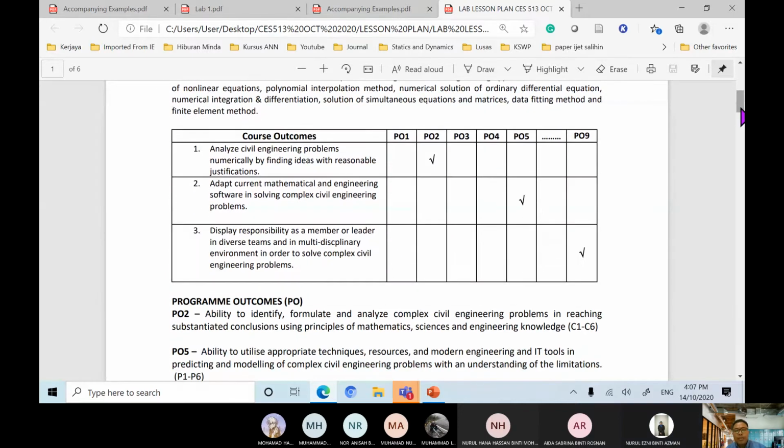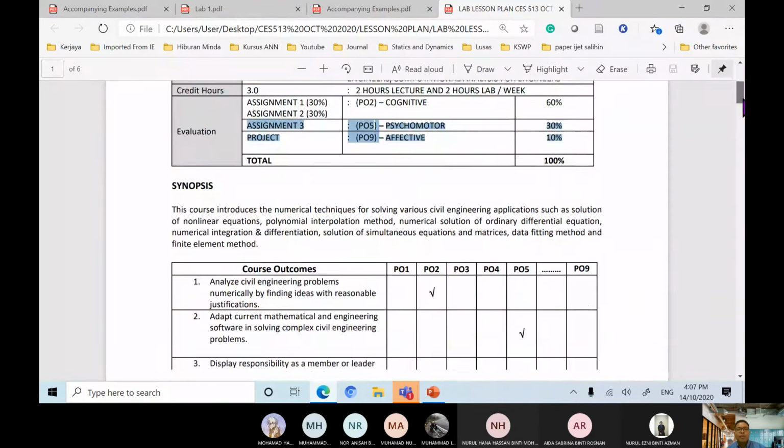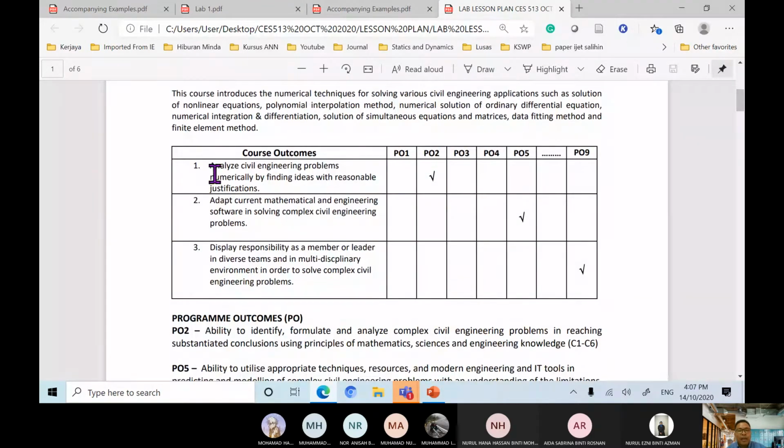Okay, in terms of course outcomes, COs, and program outcomes, POs, we have 3 course outcomes and 3 program outcomes that are relevant to the assessment given before. So for your assignment 1 and assignment 2, which test your cognitive skills, this course outcome will test your ability to analyze the given civil engineering problem by finding reasonable ideas with certain justifications. And this will be aligned with your PO2, program outcome 2,